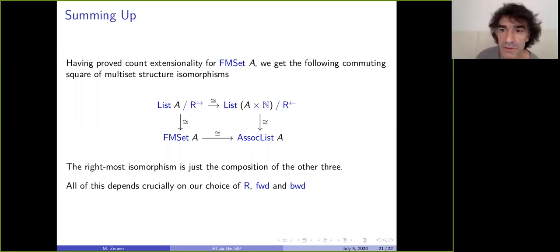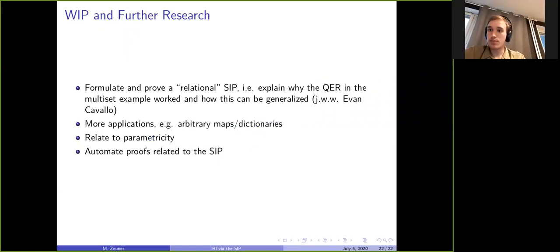There is another question by Vikraman Choudhury. Do you have a figure for the first point in your last slide? So that's the point: formulate and prove a relational SIP. Yeah, there's been some progress on that, and we hope to have that in a paper with Evan soon.